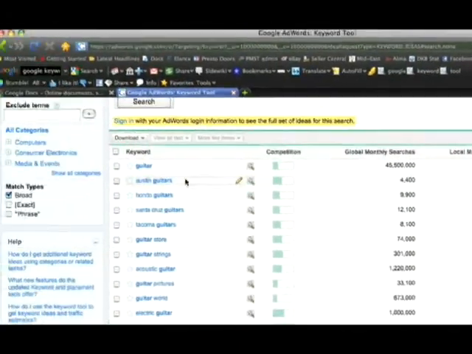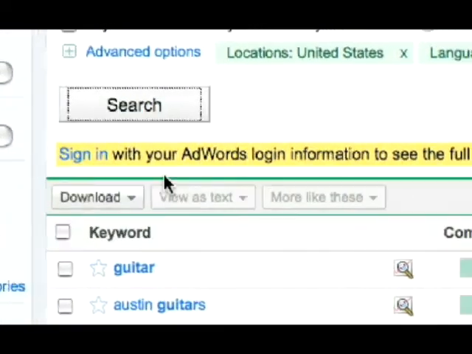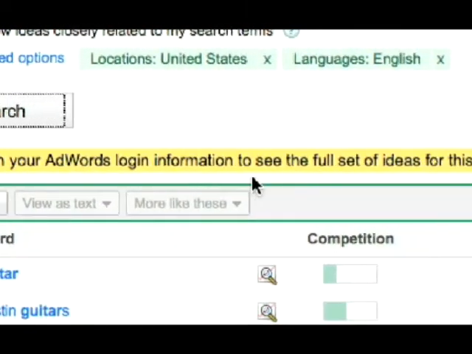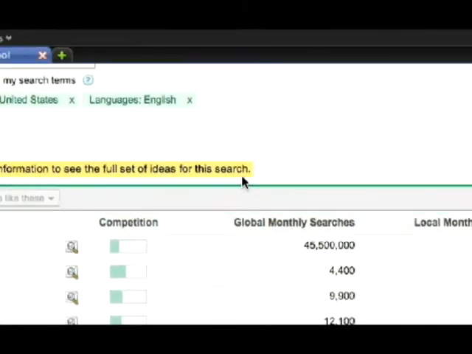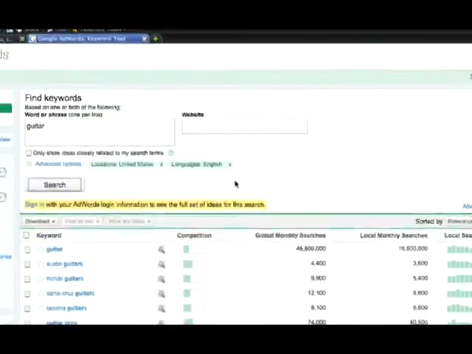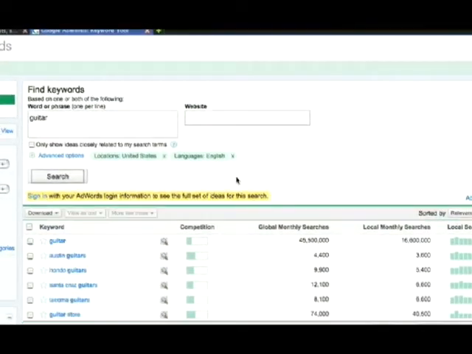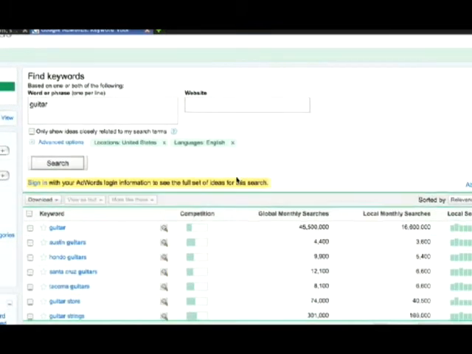Another thing I wanted to point out is that it is suggesting to sign in with your AdWords login information to see the full set of ideas for this search. Well, it's pretty obvious: it wants you to sign into the AdWords login. But the reason that it's suggesting that is